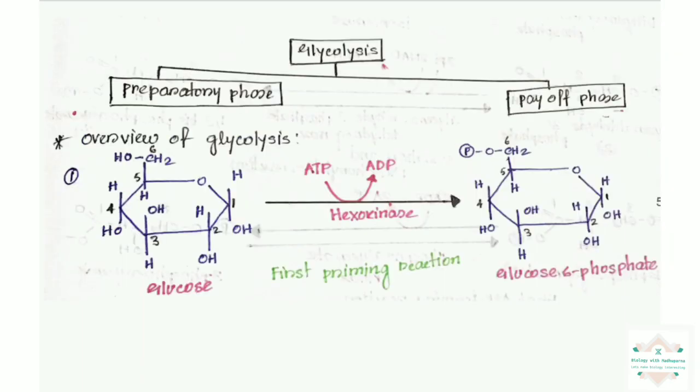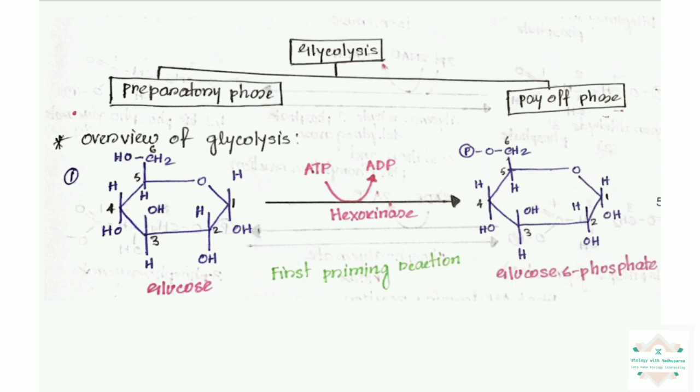So we know that glycolysis has two stages. One is the preparatory phase and the other one is the payoff phase. In the preparatory phase, mainly we invest energy, like ATP, and in the payoff phase we get it back. So it's like the stock market. We will be investing some amount and we will get it back as double or triple, like that. So now we will have an overview of this full glycolysis pathway, where we will talk about how